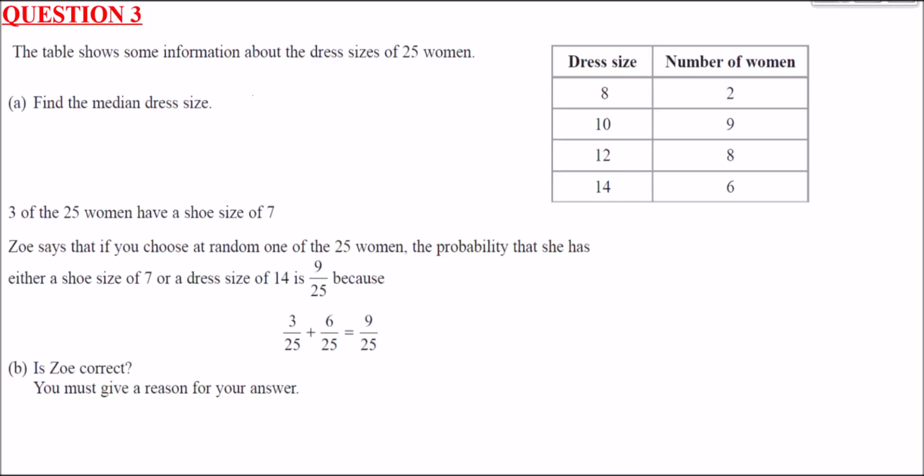Question 3, we have a frequency table, and it's showing information about the dress sizes of 25 women. For part A, we have to find the median dress size. Well, median just means the middle one. So if we imagined these 25 women stood in order of their dress sizes, as ridiculous as that idea is, just imagine it mathematically is what I'm saying,